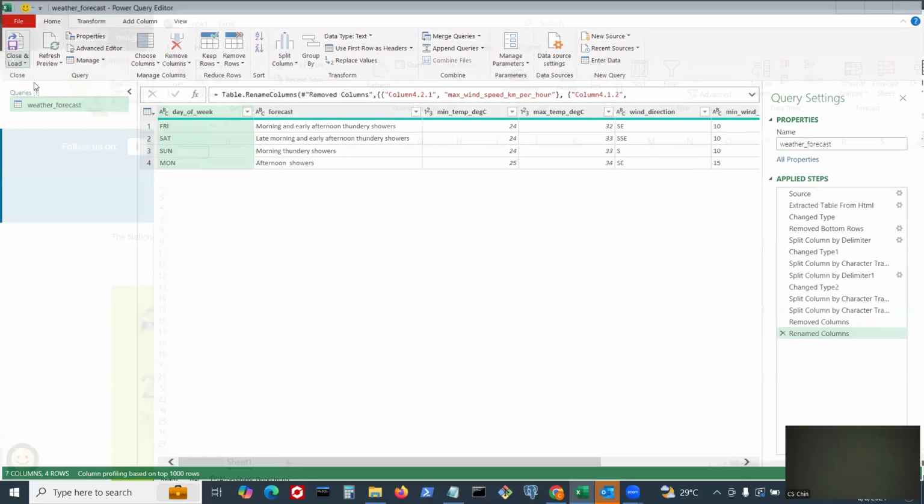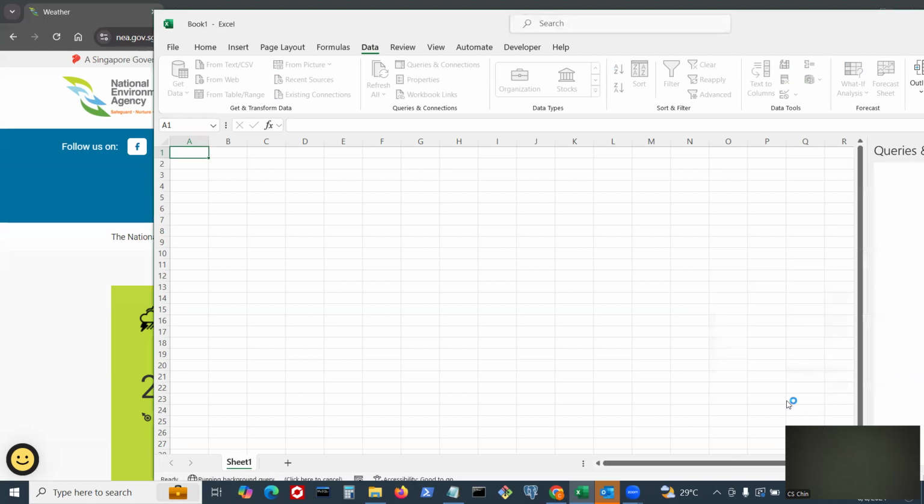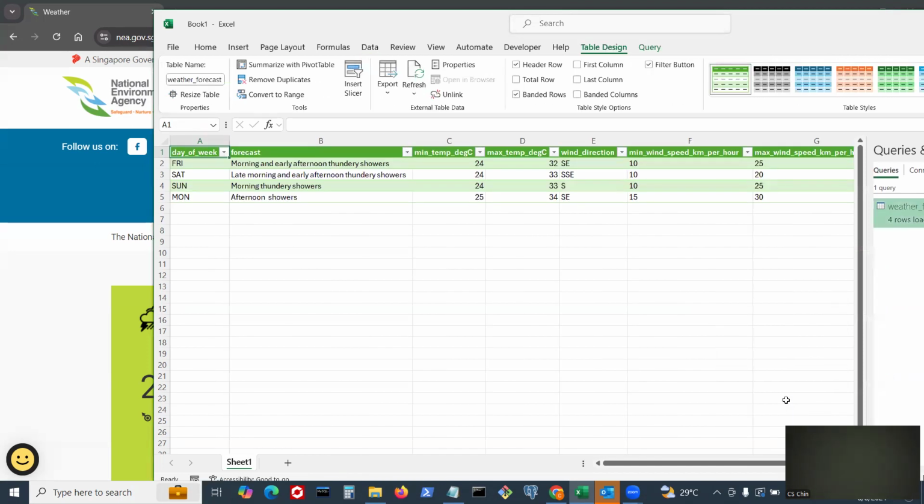We close and load to, and Excel will ask us if we want to have it in a new sheet, starting from this existing or new sheet. I'll choose existing worksheet starting from A1, and I click OK, and the table is ready for us here. So as you can see here, the table